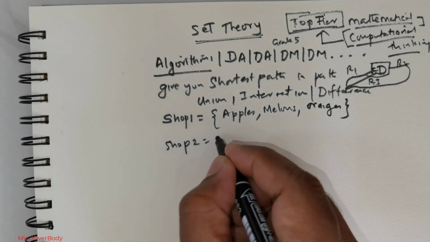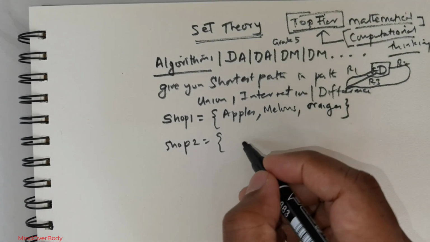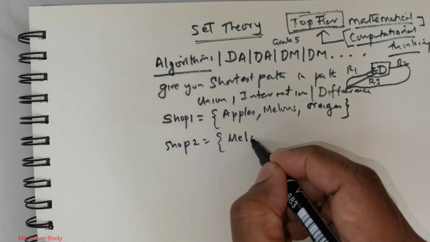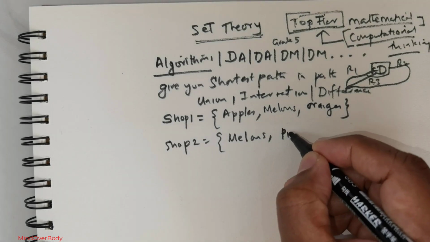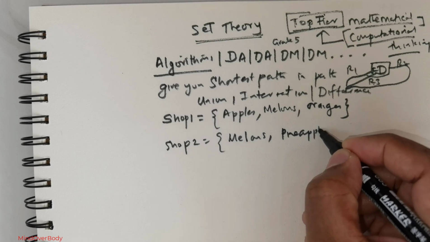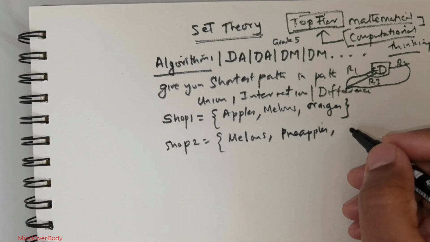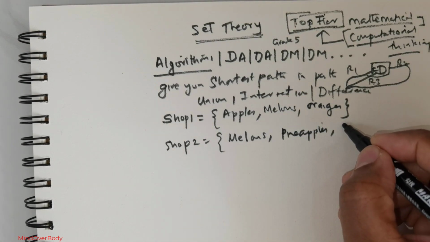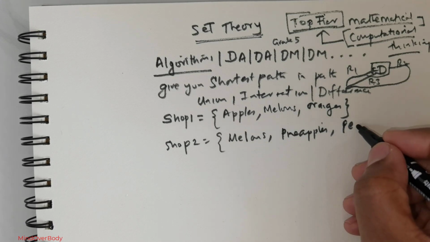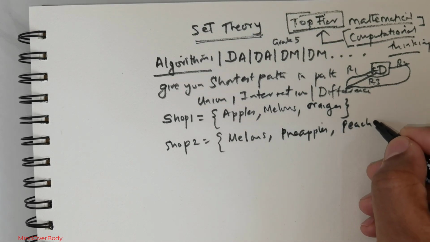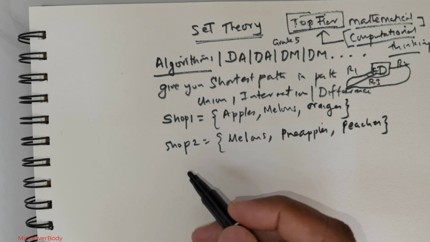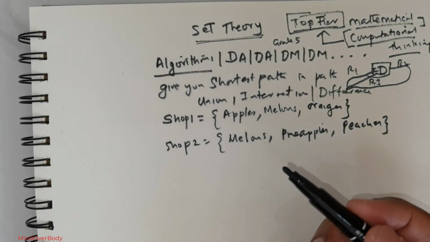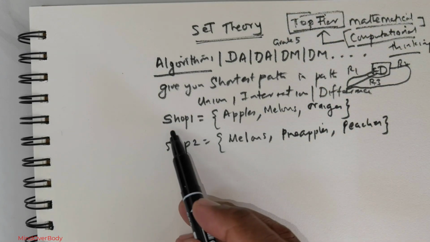Now shop number 2 is selling, say, melons and pineapple, and then one more fruit, say peach, right? Peaches. Now I want to create a third shop. So how do I create a third shop? Now why am I creating a third shop? Now shop 1